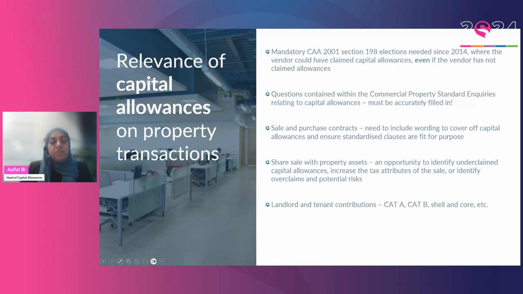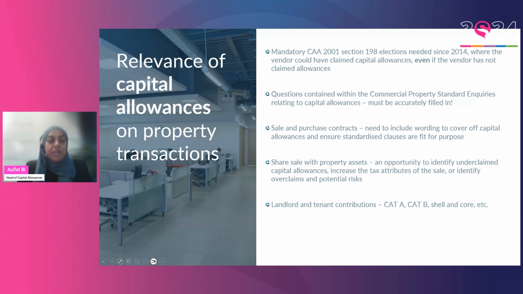What I like to do is make sure that I'm at the forefront of when property transactions are going through, and make sure that we can write some clauses into the sale and purchase contract to enable the capital allowances to be passed over correctly post completion. If you don't have those clauses in the contract, there's no chance that a vendor post contract will enter into an election to pass over any allowances that they haven't benefited from, because it's not in their interest to do so.